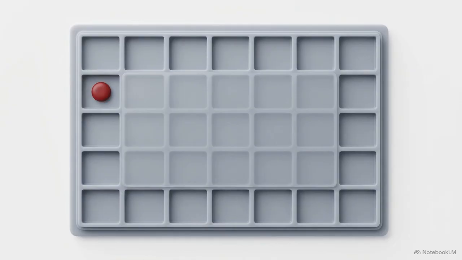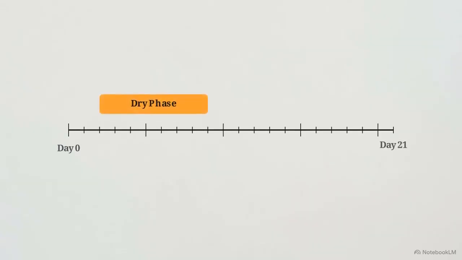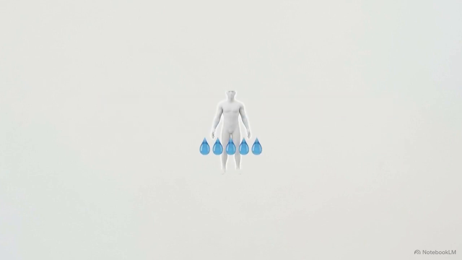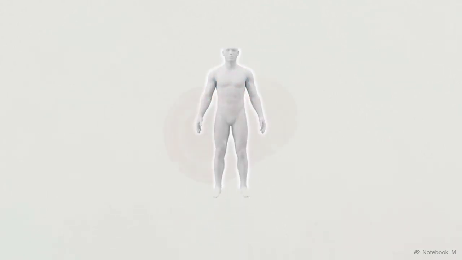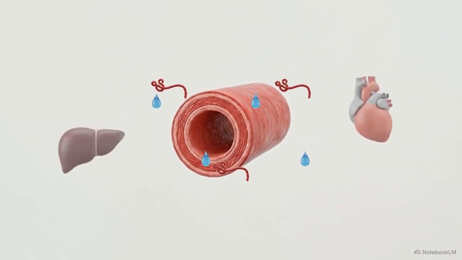After an exposure occurs, there is an incubation period that lasts anywhere from 2 to 21 days. The illness begins with an early dry phase, characterized by fatigue, muscle pain, and headaches. This timeline maps the disease progression. If untreated, the dry phase escalates to the wet phase, causing rapid fluid loss. While Hollywood depicts patients bleeding from the eyes, a sensationalized image, reality involves internal damage to blood vessels and organ failure, a systemic collapse.